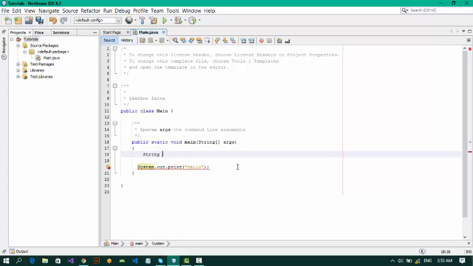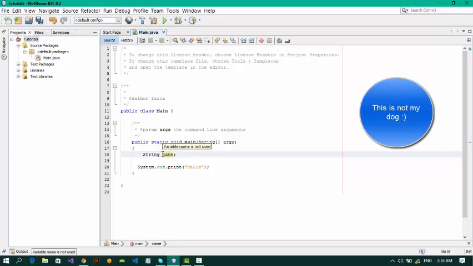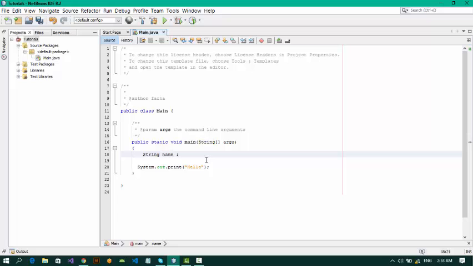To declare a variable, you need to give its data type. So this is the name of the variable, while this is its data type. Every variable has two attributes. One is its name, second is its value. So I'm going to give it a value of my name,